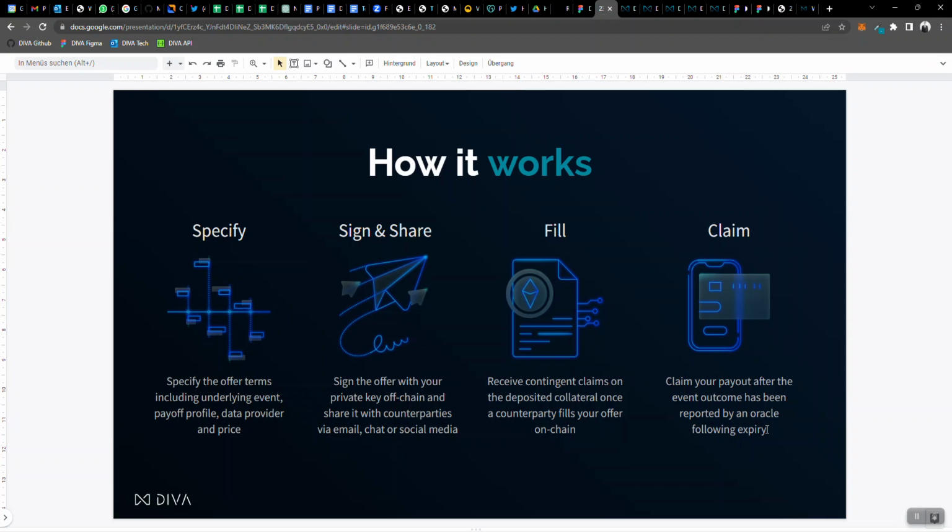And at the end, when the product expires, so all products created on DIVA protocol have an expiry date, the outcome is reported by the oracle, and with that, the payouts for the two sides of the derivative contract are determined by DIVA protocol, and each side can claim their corresponding share in the collateral that was initially deposited.